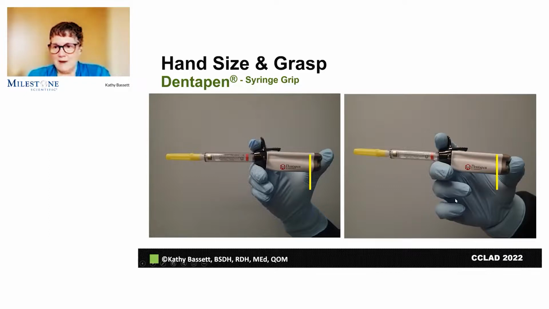Then here's the same device in my coworker's hands. What was interesting is her comment was how far she had to close her hand to hold it in this style. You can see she's well forward, but her hand is much more relaxed than mine. We both were able to comfortably give injections, but it was definitely a different fit for each of us.